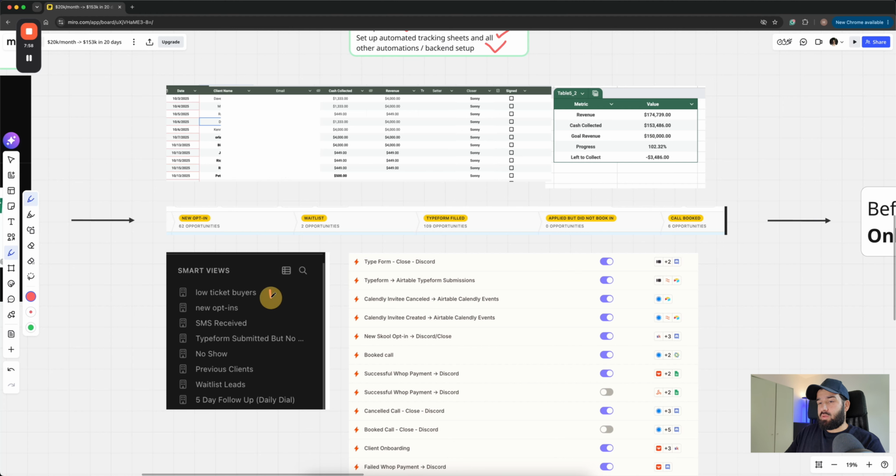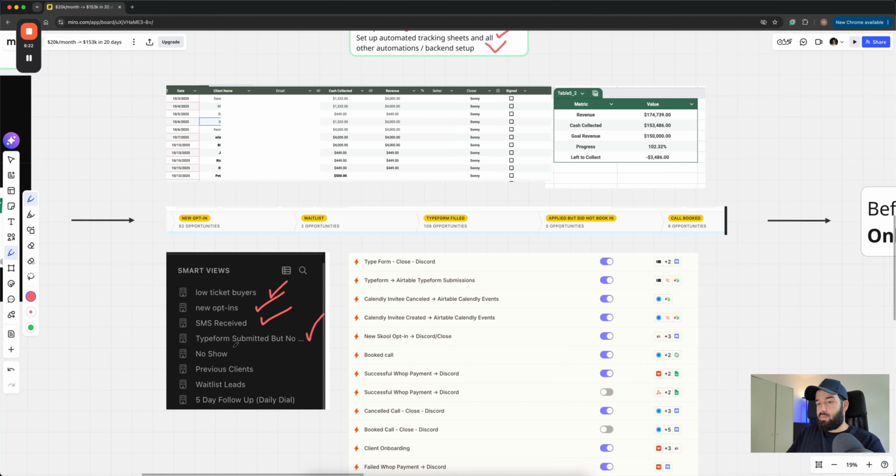So I made him a smart view, which he could use every time a new low ticket buyer comes into the funnel, he's able to call them. Any opt-ins, he can call them. I made it very easy for him to clear the inbox. I realized before they didn't have a CRM, but they had a communication platform, and there were a lot of messages unreplied. So I made sure that he replies to every single text.